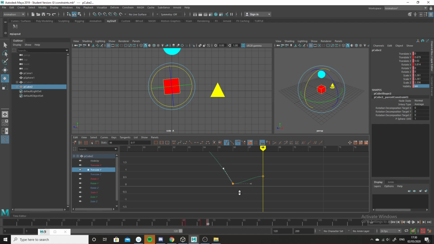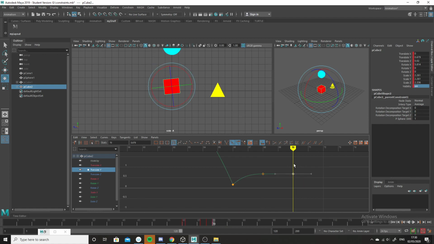Make sure that this is also the right kind of arch, have it coming back down again, and break that tangent and make it the right kind of arch. So we have this, and then